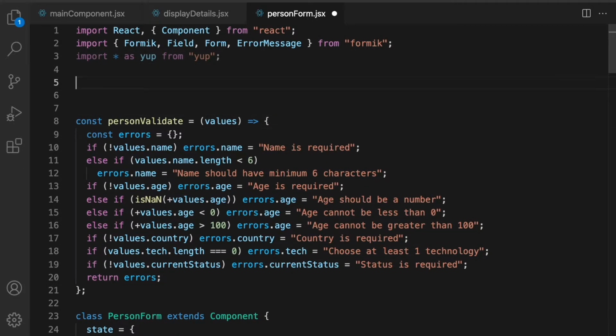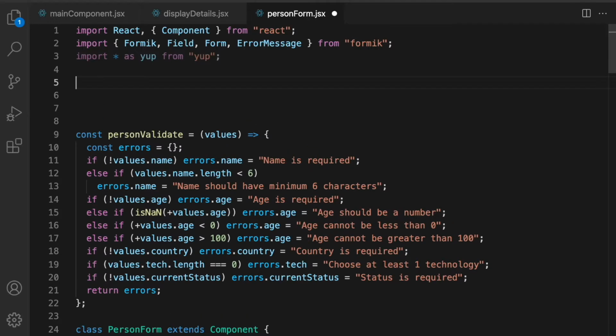I'm not removing the old validation so that we ensure we have done all the validations. Let's define our const personValidationSchema. As we had learned in Formik, there are 2 options, validate and validationSchema. We had used validate here, and the Yup model is referred to as validationSchema.